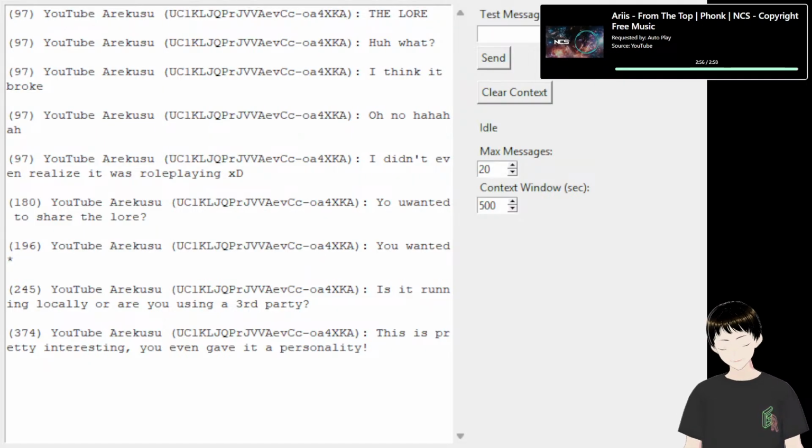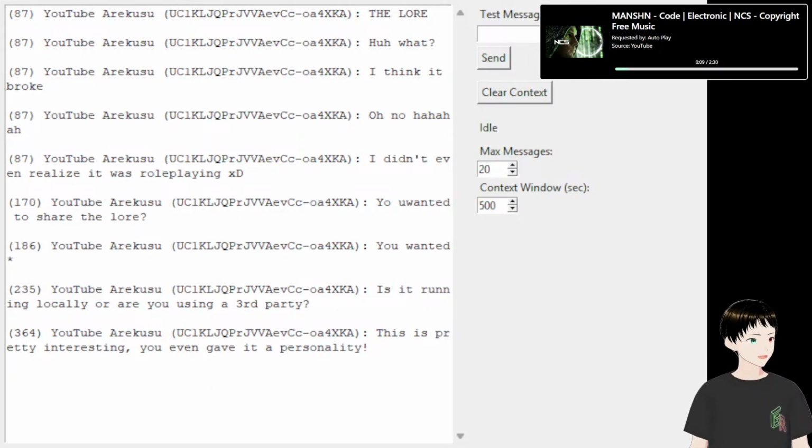So it essentially remembers everything it says, but it's still a new instance of itself. So yeah, the memory is not gonna be great, but I still think it's pretty cool.